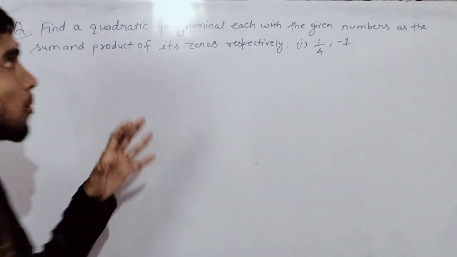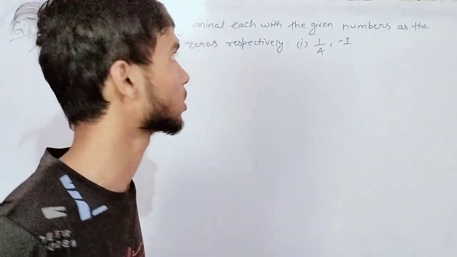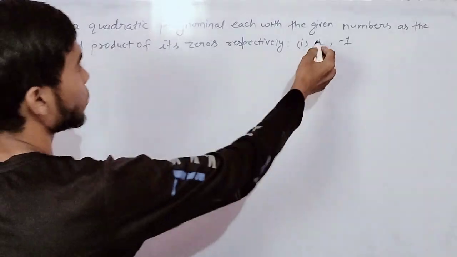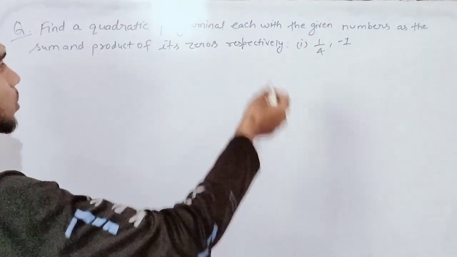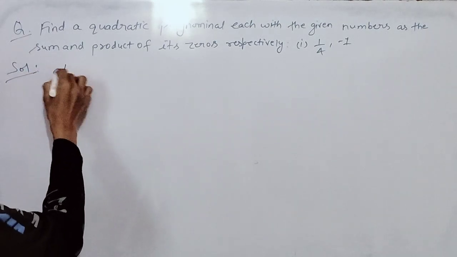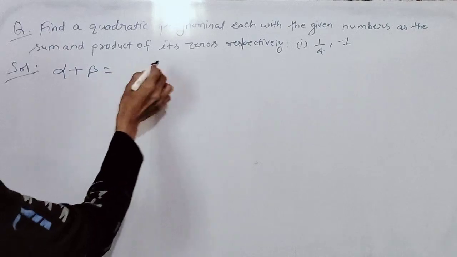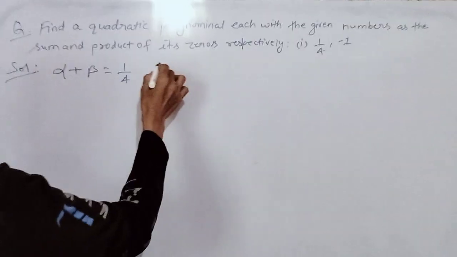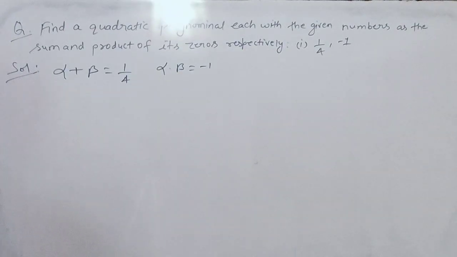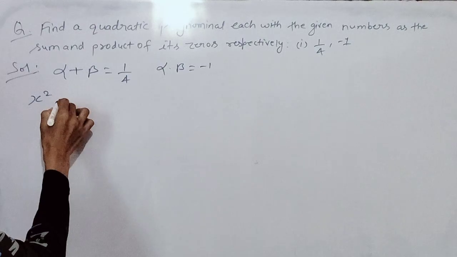Find a quadratic polynomial with the given numbers as the sum and product of its zeros respectively. The sum of the zeros is 1 upon 4. The product of the zeros is minus 1. Clear? As we know, the polynomial is x square minus